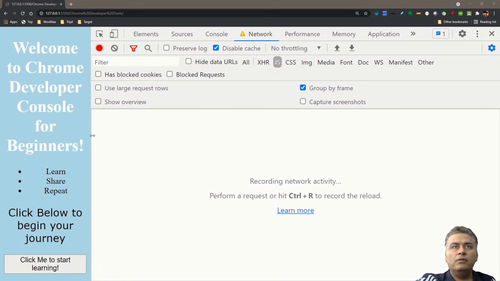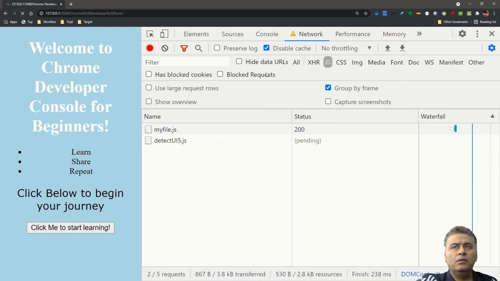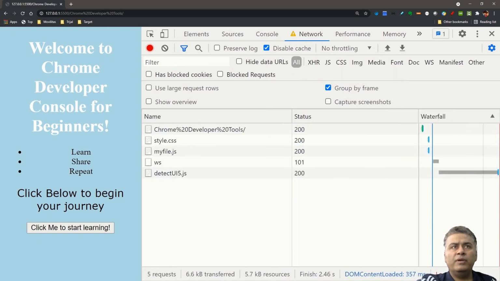So now we have understood about elements, source, console. Time now to understand and talk about network. So normally what happens is, let me just clear everything and do a refresh. And now if you look at this, when any website loads, there are a set of files which